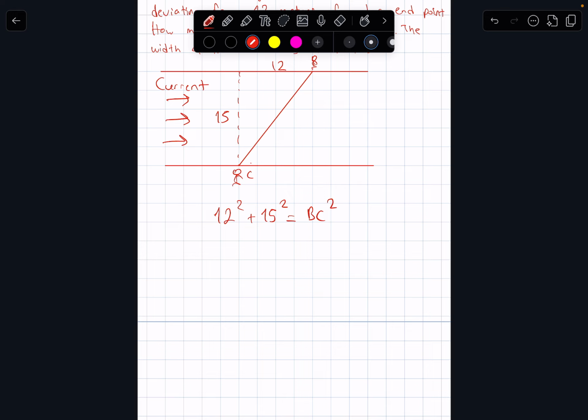Let me just quickly take my calculator and calculate it for you. So 12 times 12 is equal to 144, right? And 15 times 15 is equal to 225. So let's add these up. 369. We are going to take the square root of it to eliminate. There is this hidden 2, and these two eliminate each other. So square root of 369 is going to be, let's see,